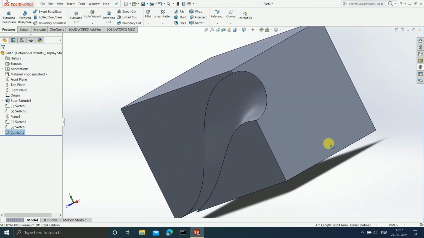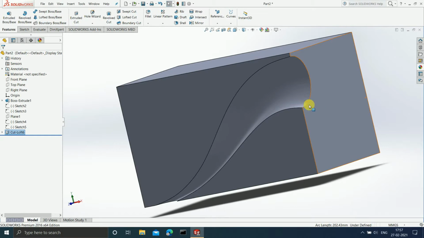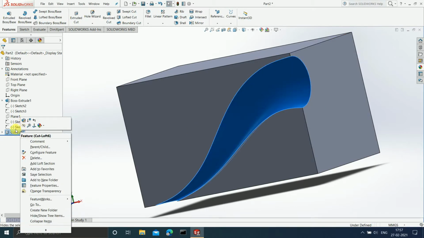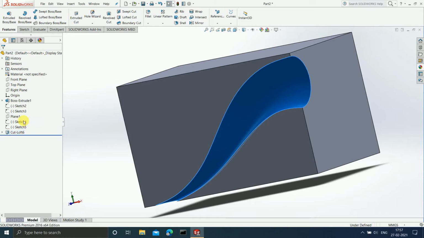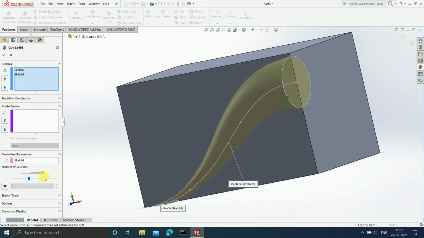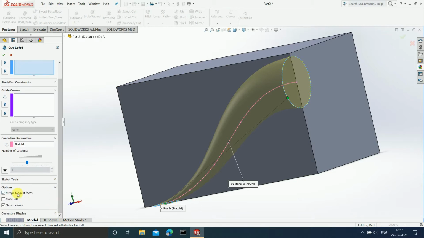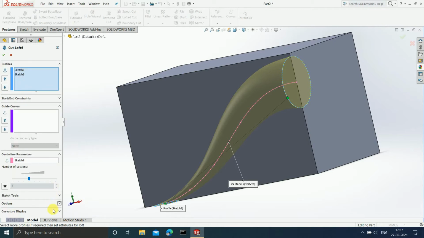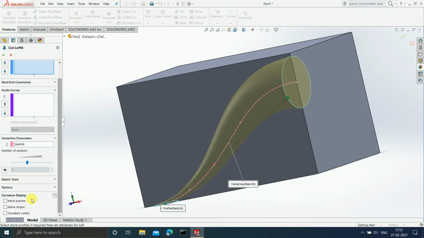Now let's go to edit feature, select the cut and go to edit feature. In this, there are different options available, like if you want to merge tangent facets, close loft, show preview, or there is one more important thing available, curvature display.